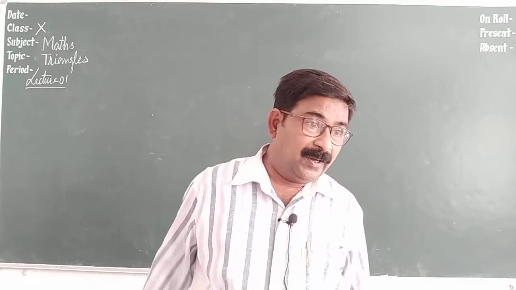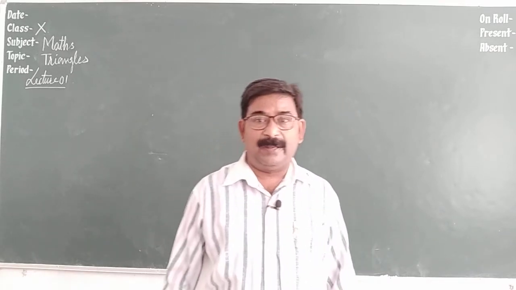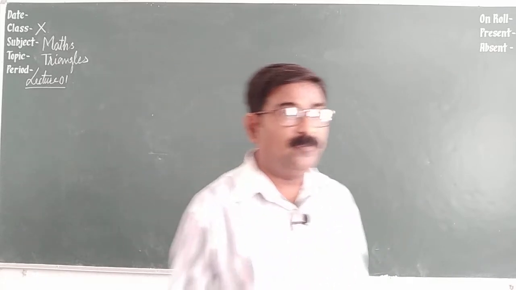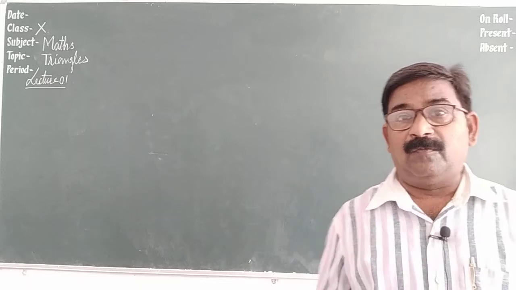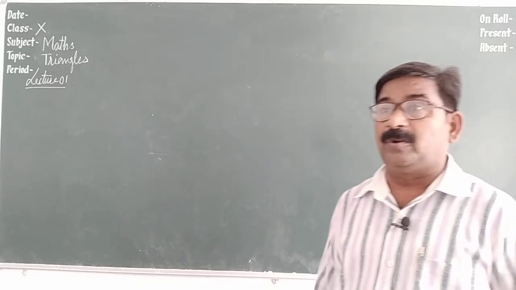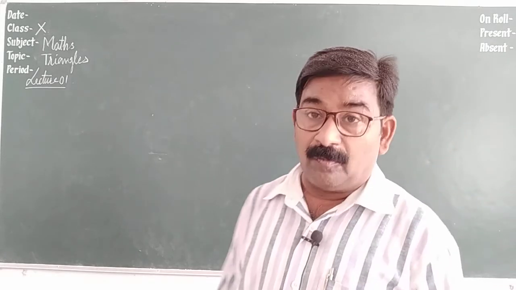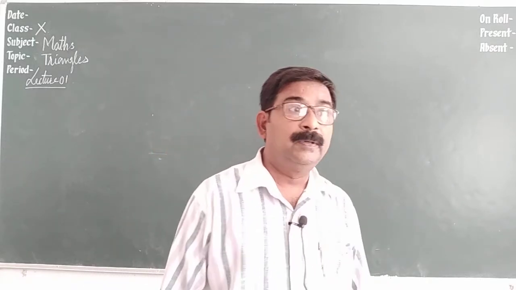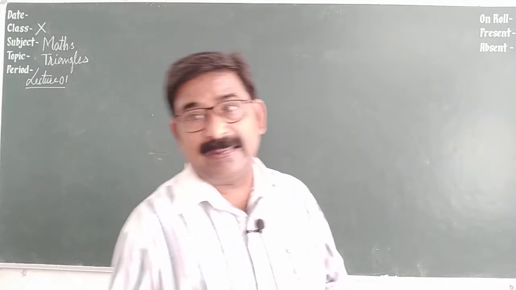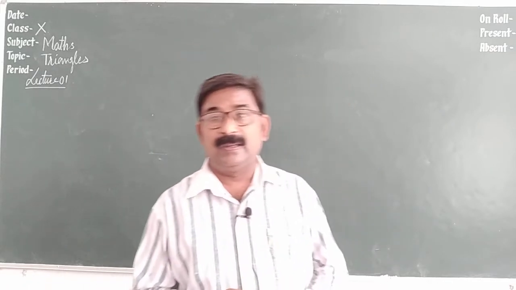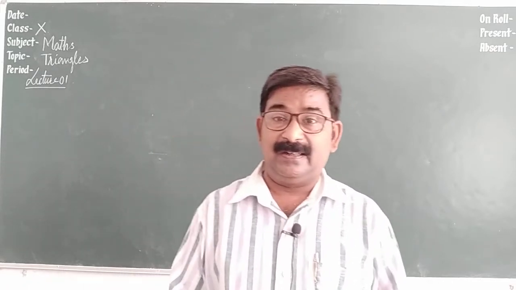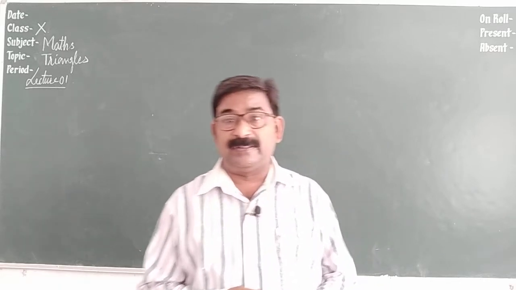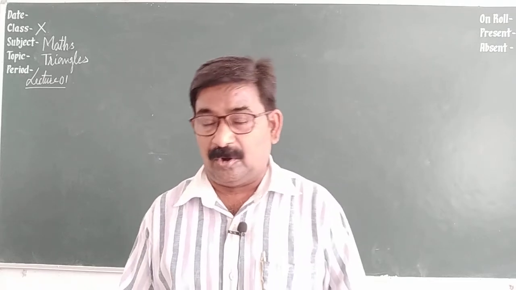Got it? Now let us recall what we have been taught in class 9th. What is the condition or criteria of congruency? On what basis were two triangles said to be congruent? I think you remember. In short, you were telling SSS congruency, SAS congruency, ASA congruency, RHS congruency and AAS congruency.